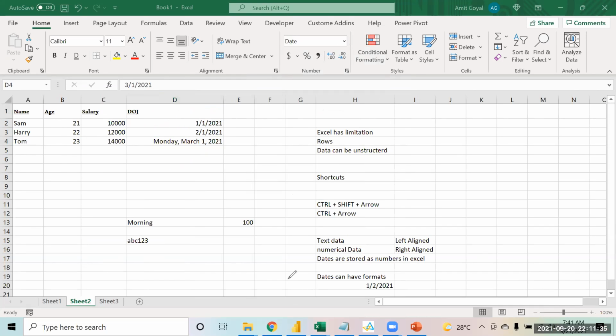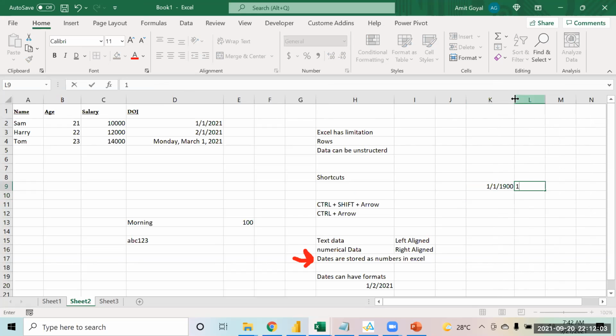That is why dates are stored as numbers. Now, what are those numbers? The earliest date that we have in Excel is 1st Jan 1900. This date is stored as number 1. So now, if you talk about the second,